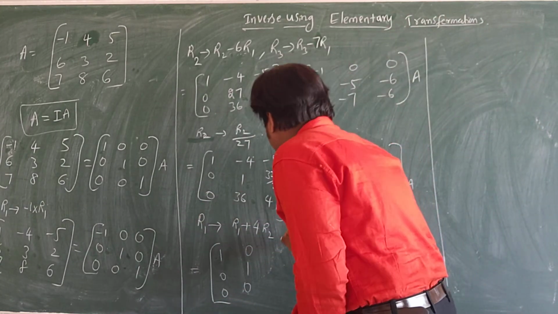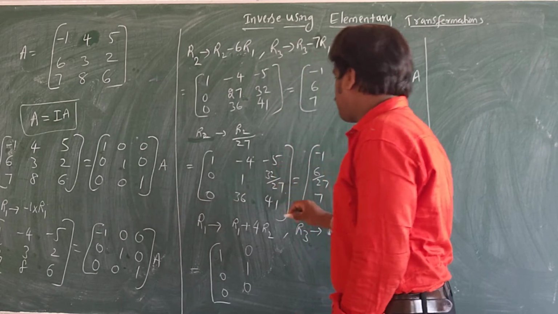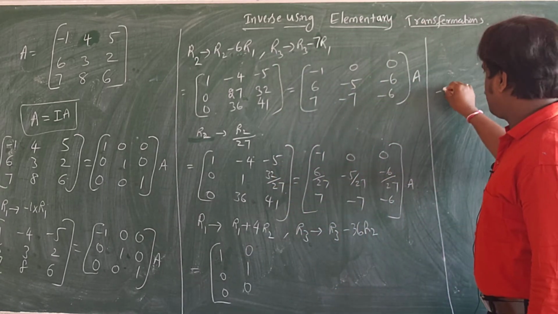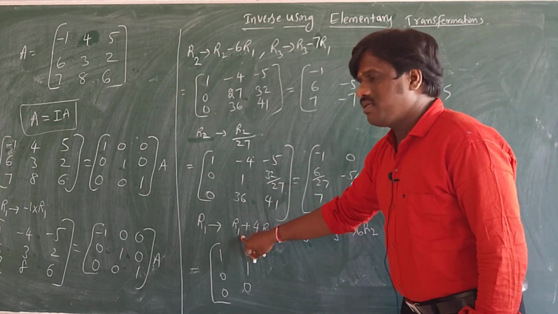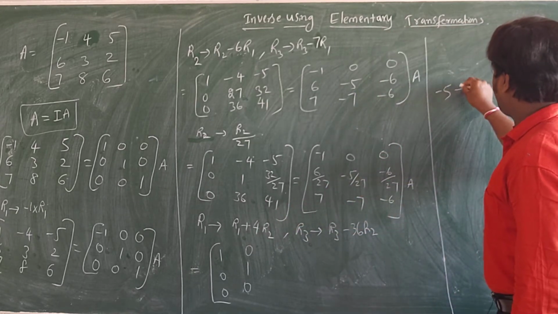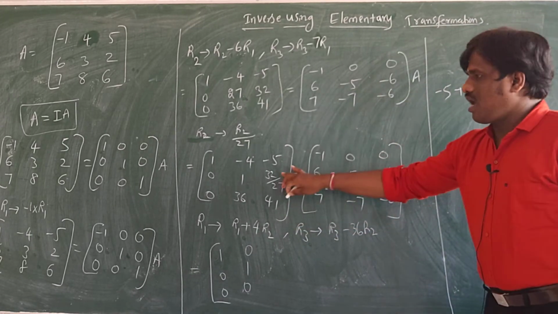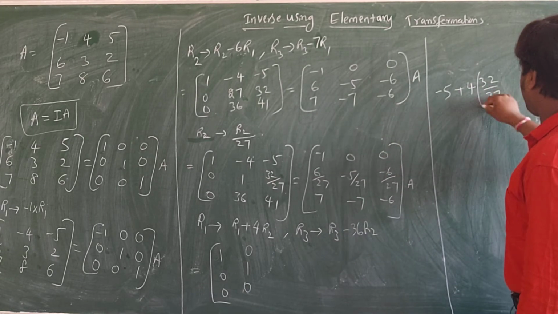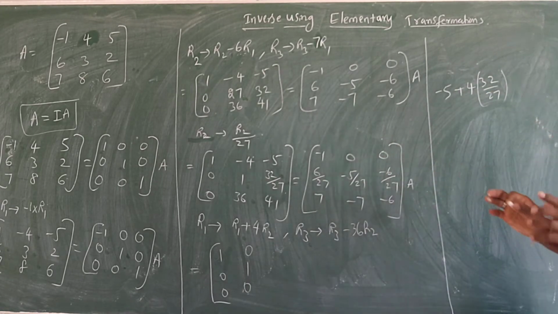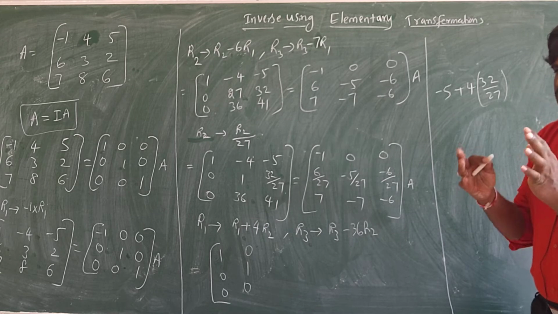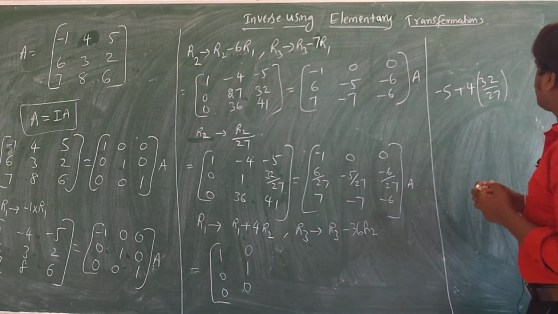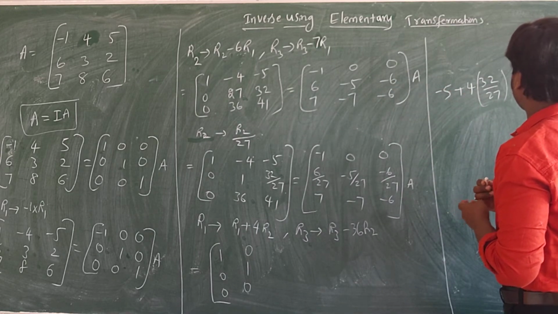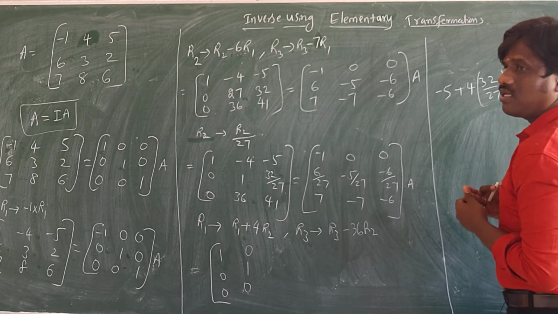And now here is the problem. Now what is the problem? Minus 5. You have R1 plus 4 times R2, 32 by 27. That's what I am saying. The problem means that according to your question, the calculation will become difficult. If it is a textbook question, the calculation will be easy. Now here the calculation, cancellation, see, the 3 table does not cancel.